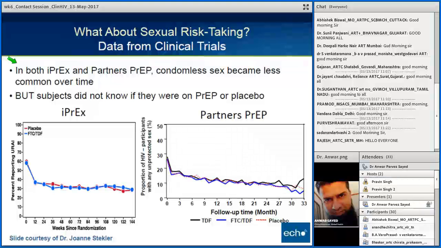But why this happened is because these were all controlled settings where the medication, that is PrEP, was given along with other risk reduction strategies. People used to visit facilities frequently, like quarterly or 6 monthly, where you explain to them regarding risk reduction. You continue with the counseling of condom usage and other risk reduction strategies. All those things were done along with medications. Like I mentioned before, this is not a standalone strategy, but it is accompanied by other risk reduction strategies as well. So those things help, but you might ask a question that, as it is in controlled settings,